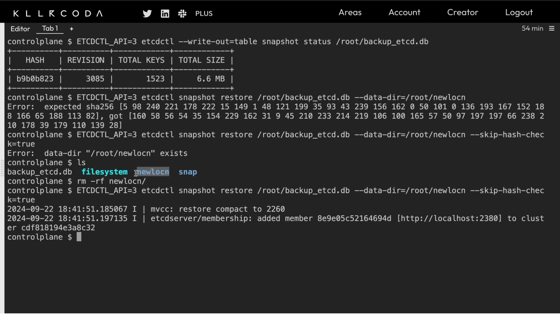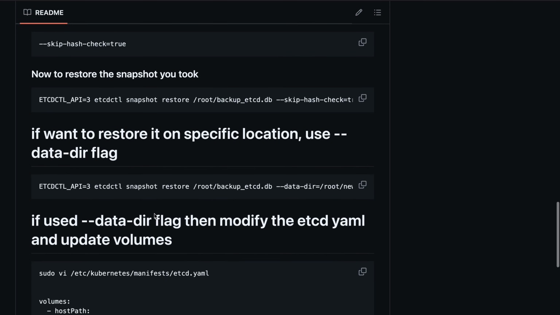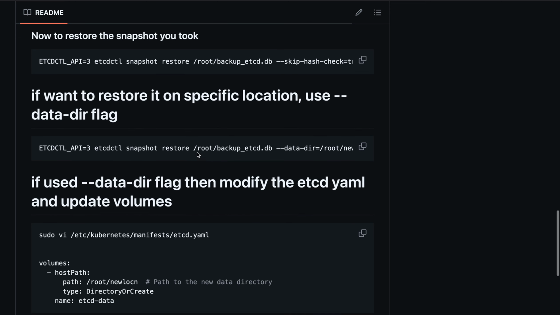This is why I removed this location manually and re-executed this command using this flag. Now I can see this directory is created here, and we have successfully restored our etcd